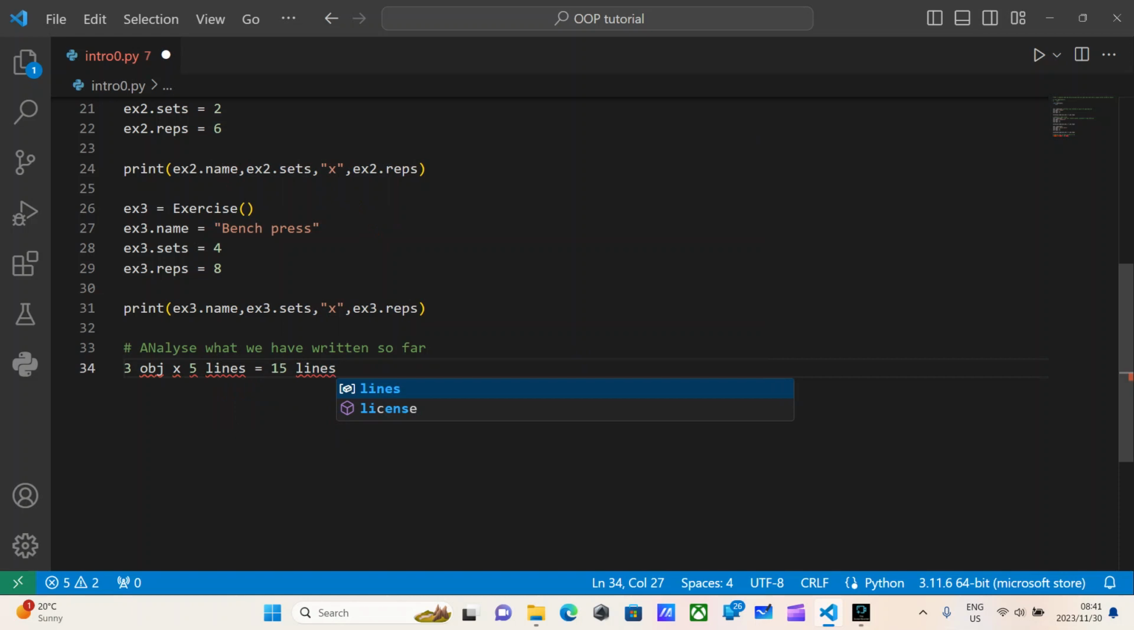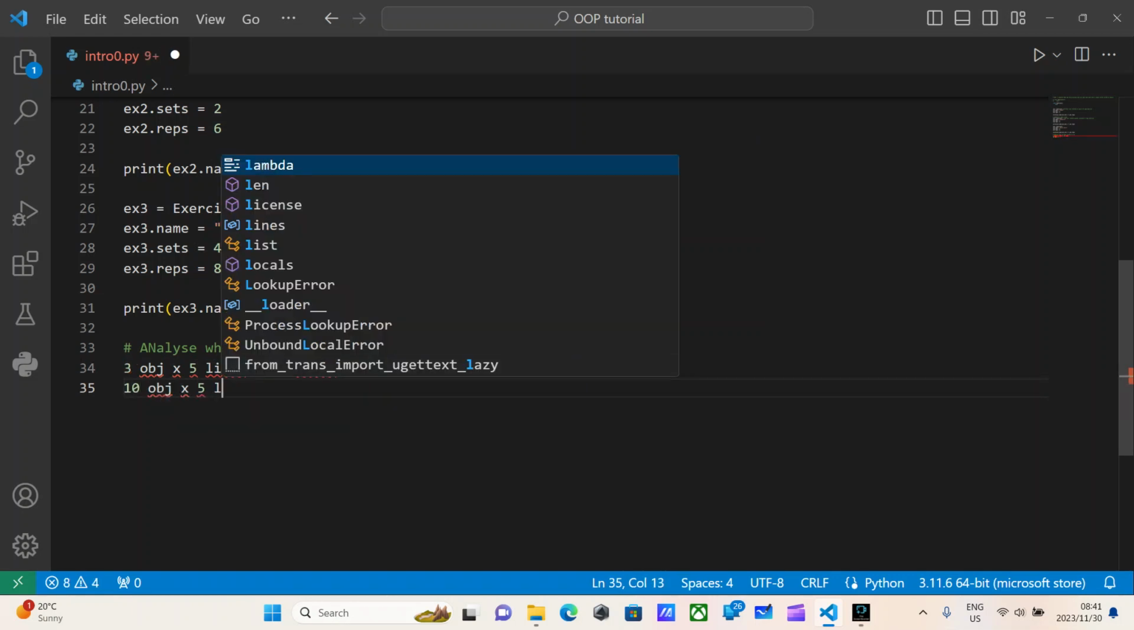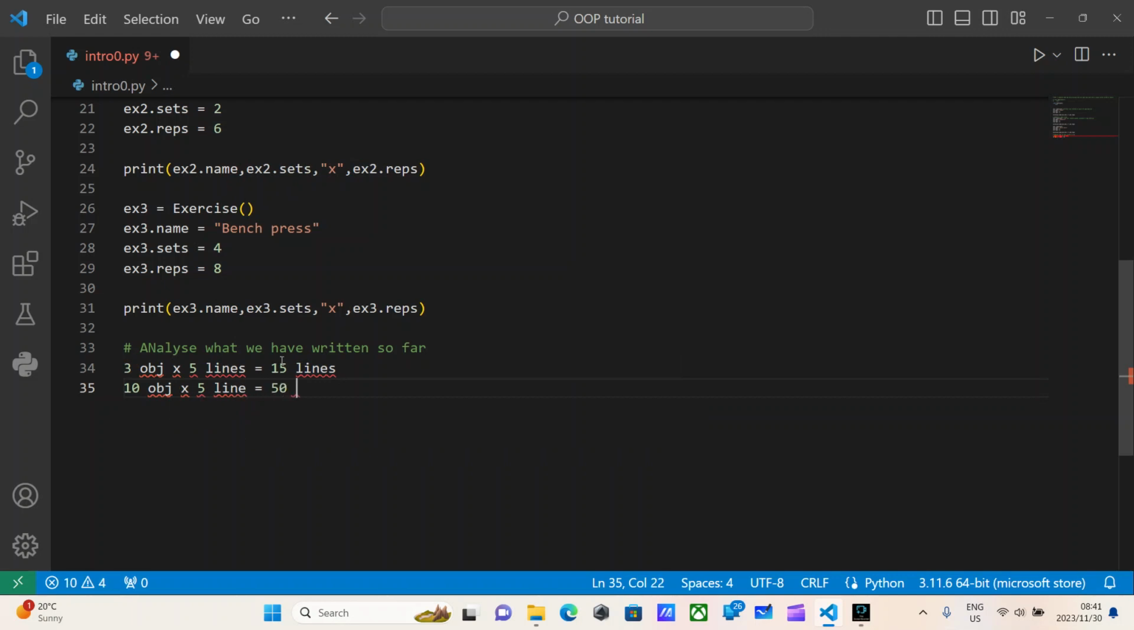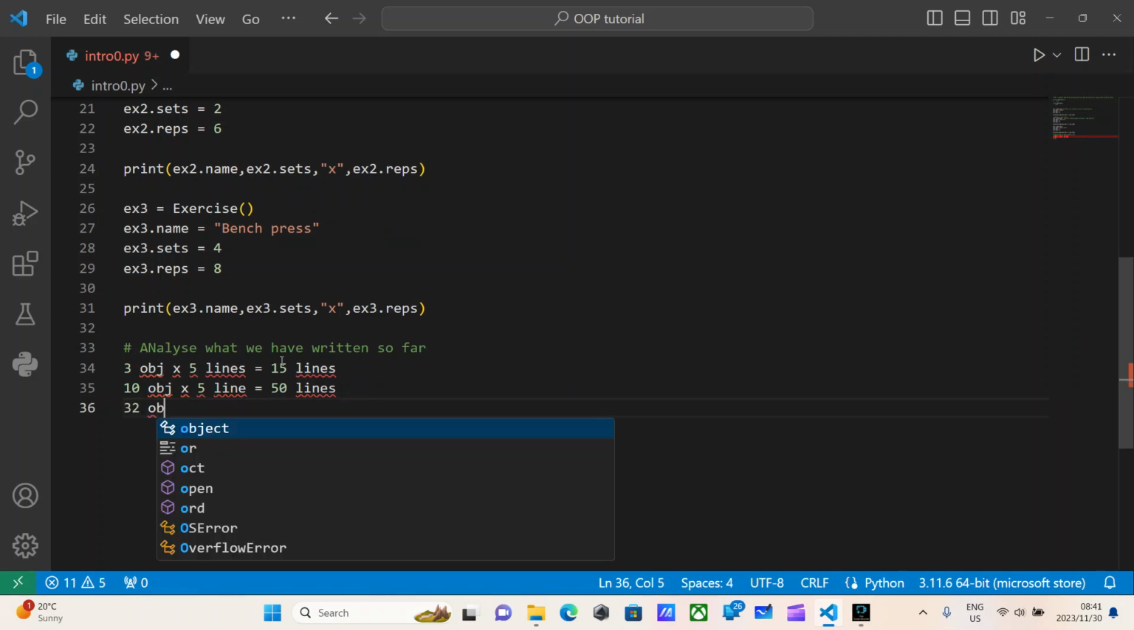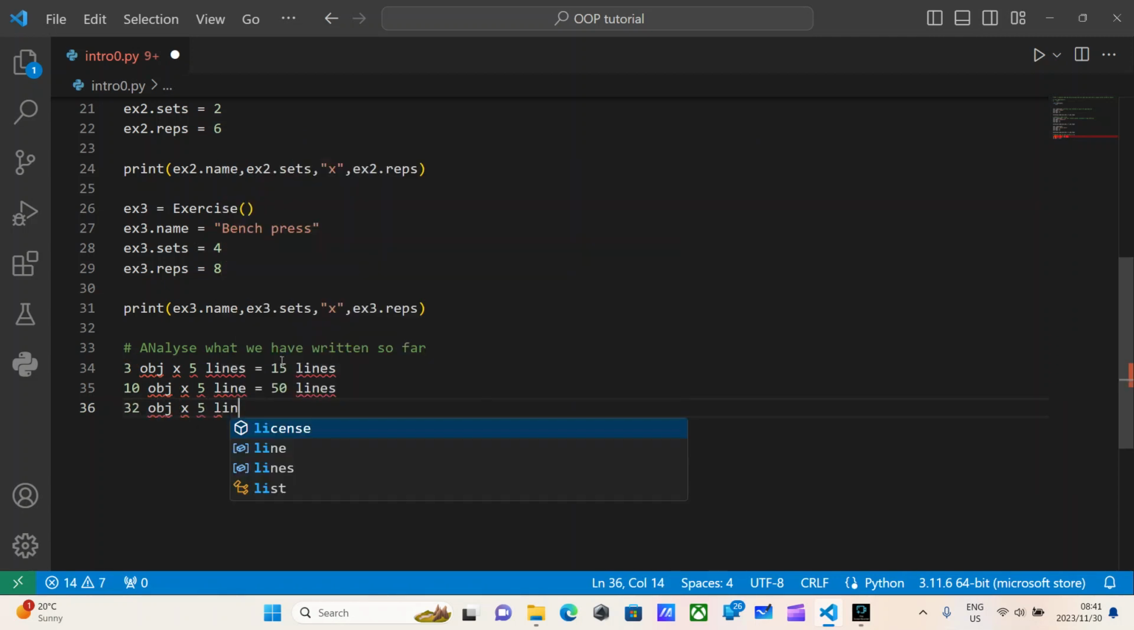And that may not sound like a lot, but what if I wanted you to create 10 objects of type exercise? Well, 10 objects times 5 lines is equal to 50 lines of code just to create the object, pass in name, sets, reps, and to print it. What if I wanted you to create, say, 32 objects times 5 lines? I believe that should be 160 lines of code, where a lot of that code is essentially just the same